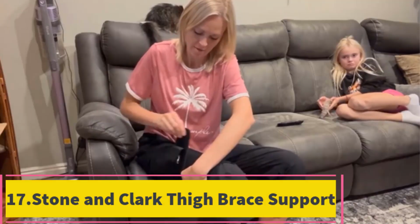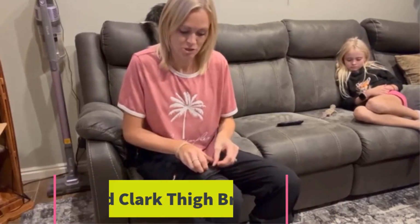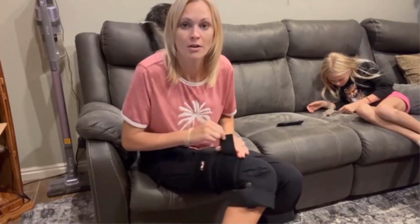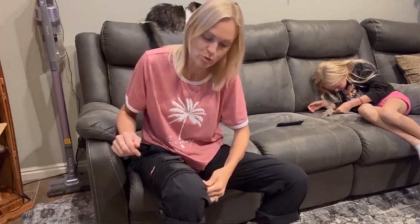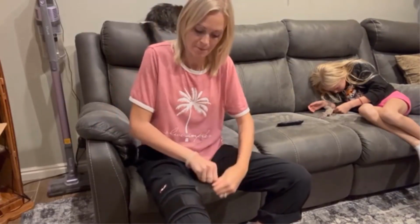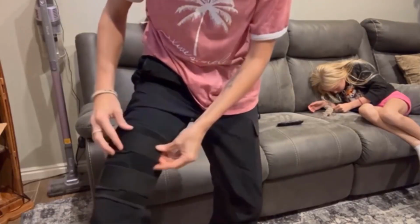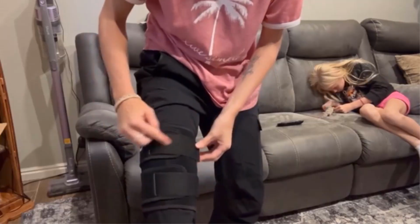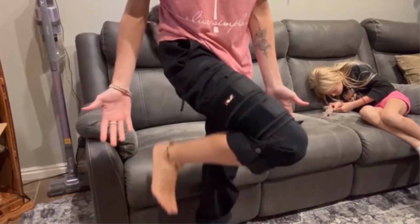Product 17. Product name: Stone & Clark Thigh Brace Support. The Stone & Clark Thigh Brace Support is a premium-grade thigh compression sleeve designed to offer targeted support and enhanced stability for both men and women. In the context of muscle recovery, sports, and injury prevention, this brace is ideal for athletes, fitness enthusiasts, and individuals recovering from hamstring, groin, or quad injuries. The XXL size provides a generous and adjustable fit, making it suitable for those with larger thighs who require extra